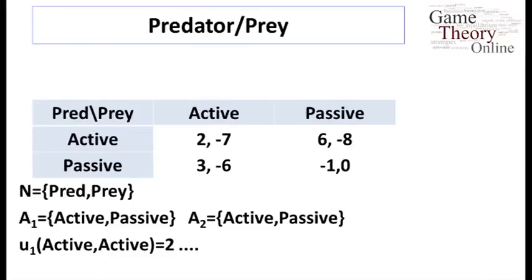The strategy sets for each of the agents are identical, consisting of two actions, passive and active. And similarly, the utility function for agent 1, for example, the utility for the predator when he is active and the other agent is active, is